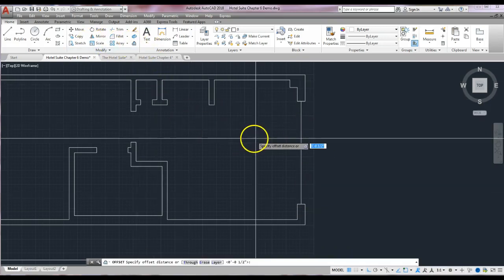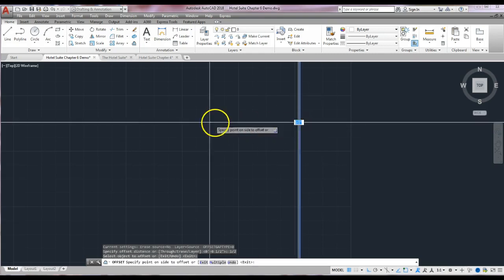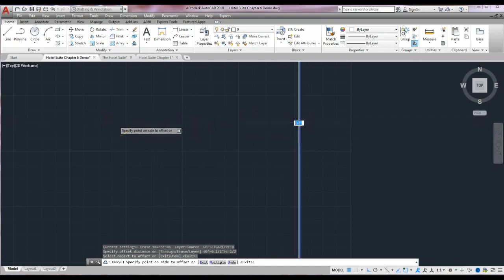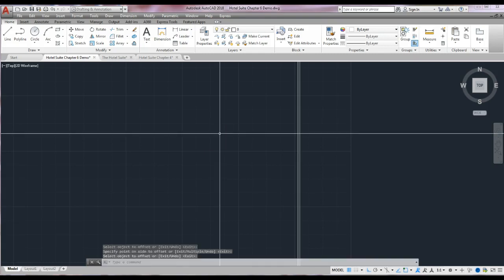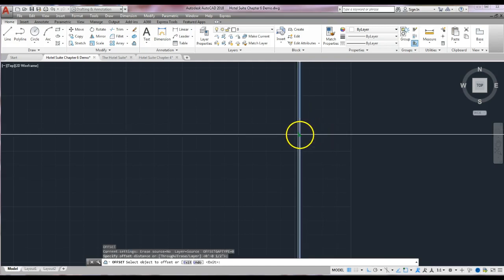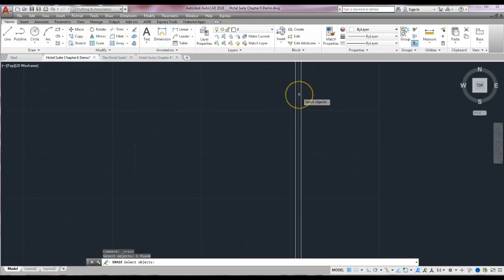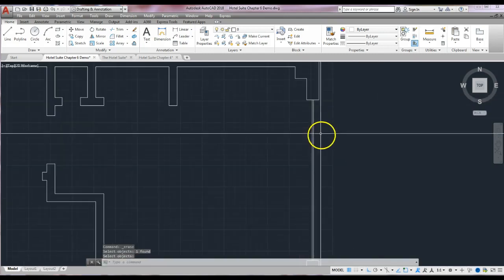Offset command, our offset is 1/2 inch. It should remember that from the last time that we just used it, but if you've done something in between there, then you want to type in 1/2, enter, select the line, drag to the left, click, enter, or right click to repeat the command, right click, select the line, drag to the right, and click. Then you're going to zoom in here, erase that middle line, enter, and now you have your glass placed in